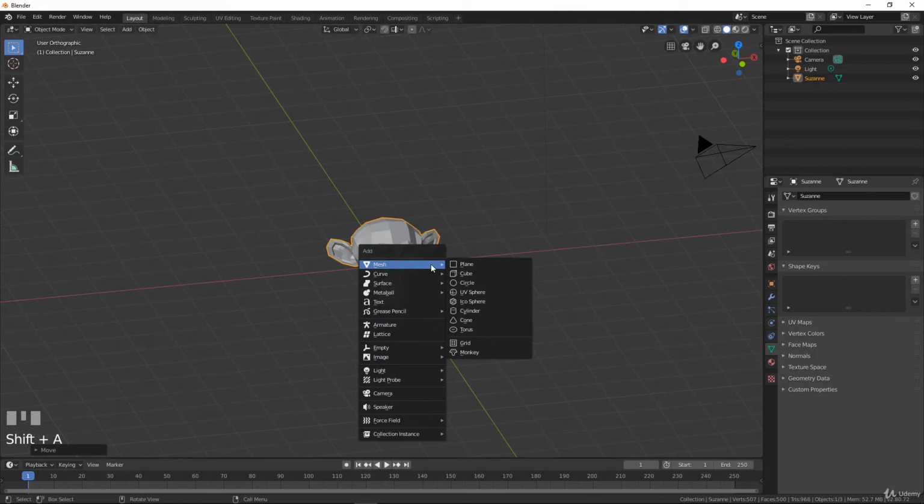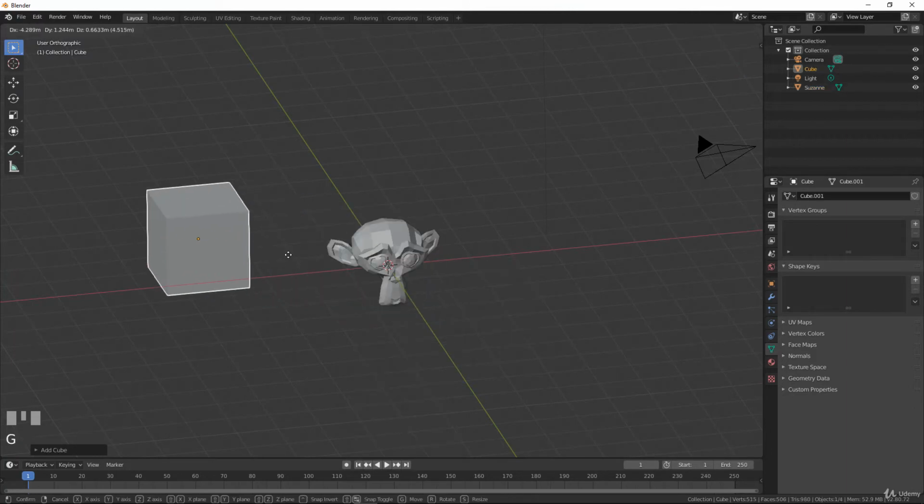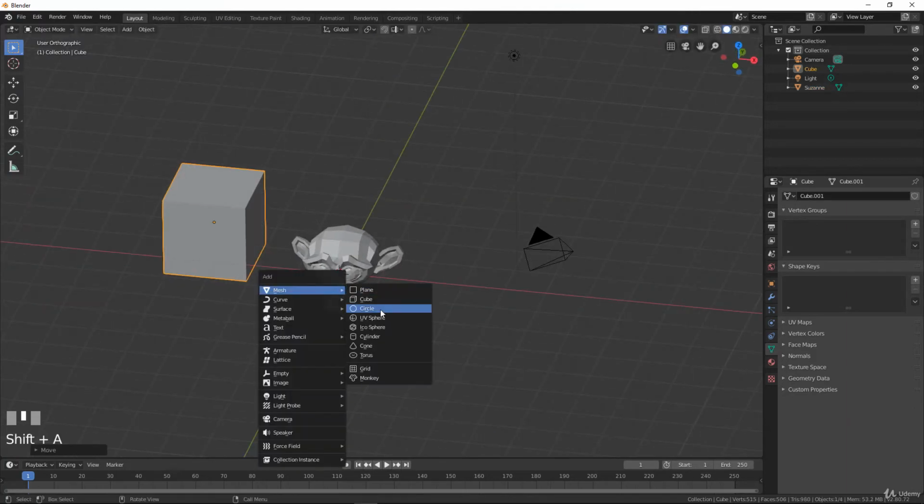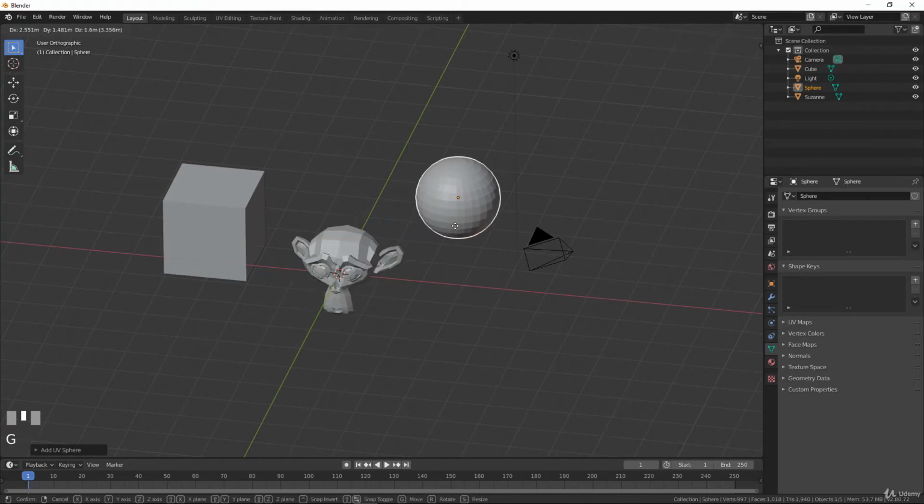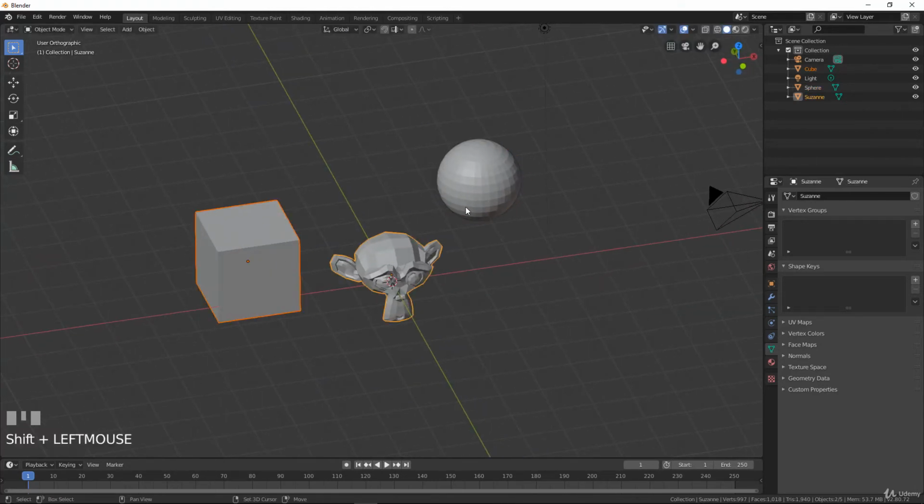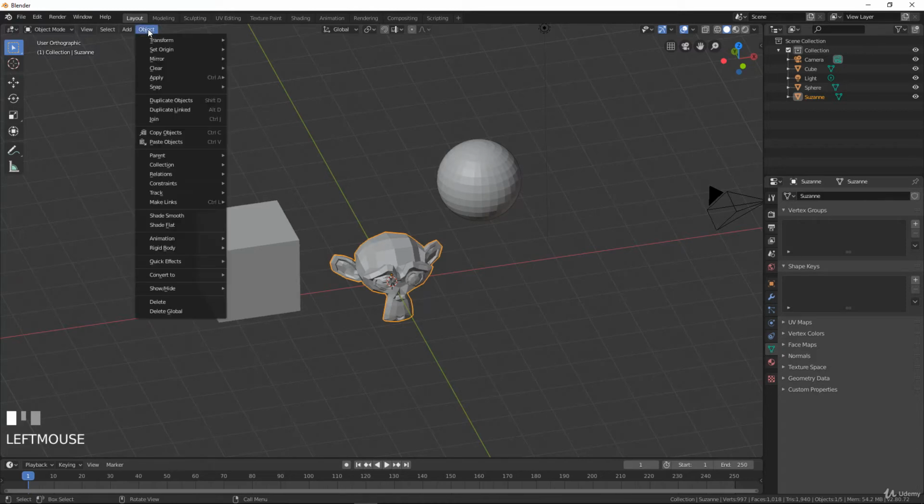So we have several objects in our scene, and for join it is Ctrl J, okay? So an easy one, but let's say you don't remember it for any reason, or some features in Blender